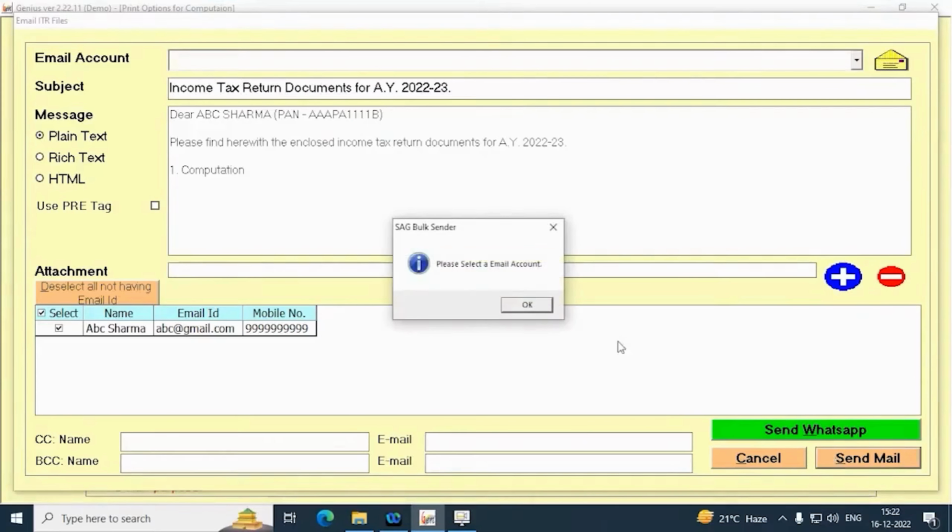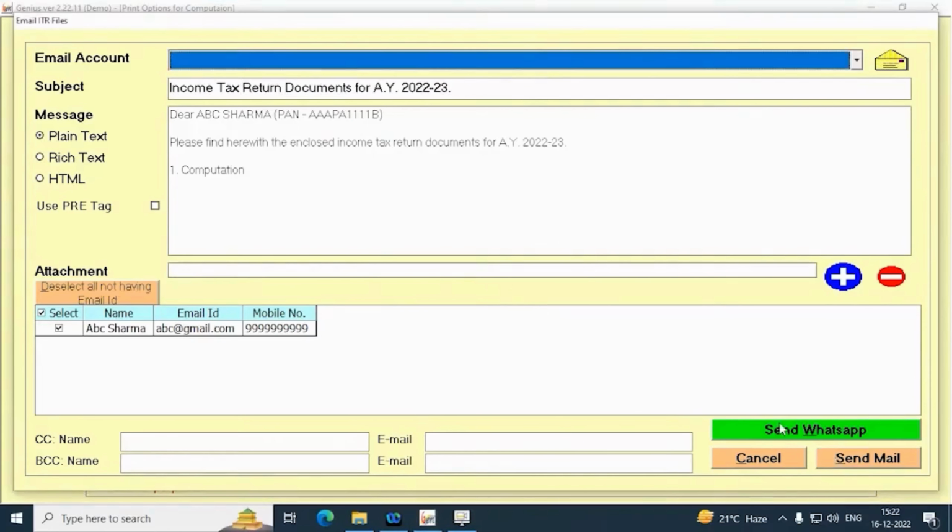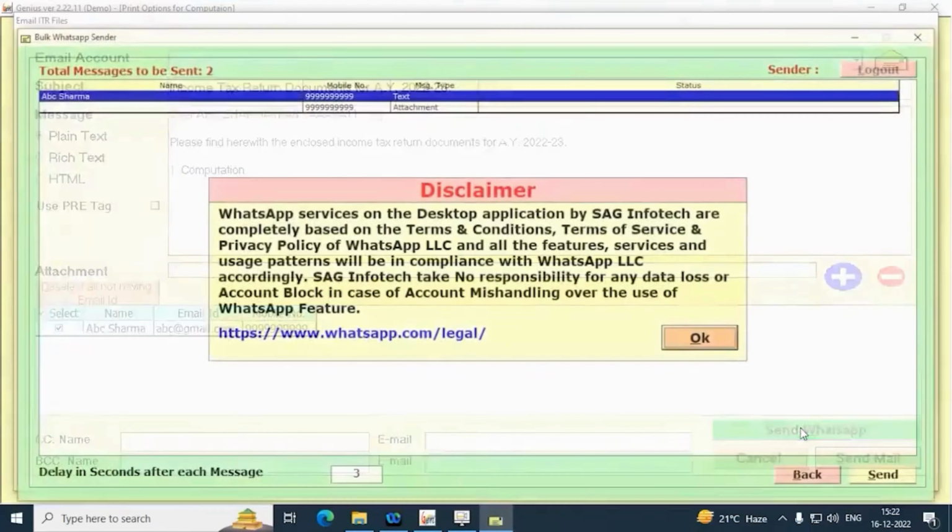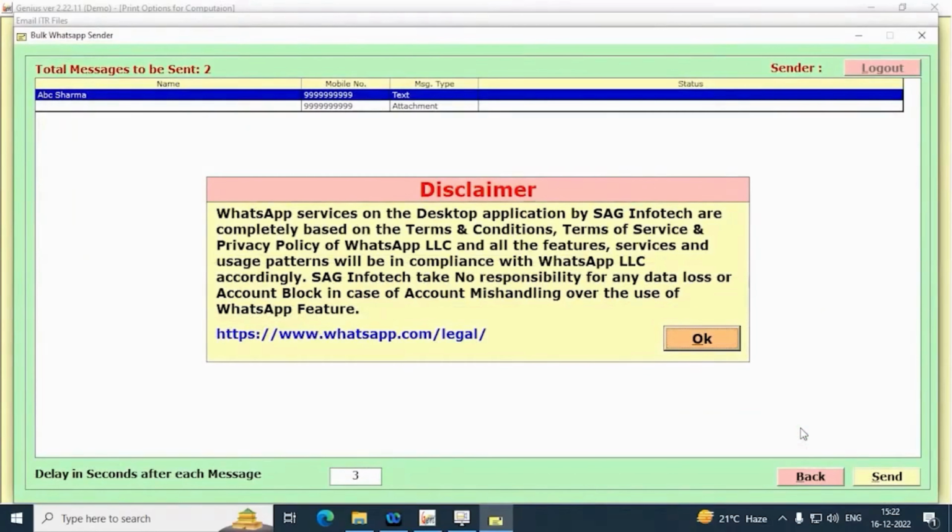And if I want to send the WhatsApp, I need to click on Send WhatsApp. After clicking on WhatsApp, a disclaimer will appear. This disclaimer means that sometimes changes are done in WhatsApp or WhatsApp is not updated and the message is not able to be sent, then it's not a software fault. You need to first update your WhatsApp. After that, click on Send.